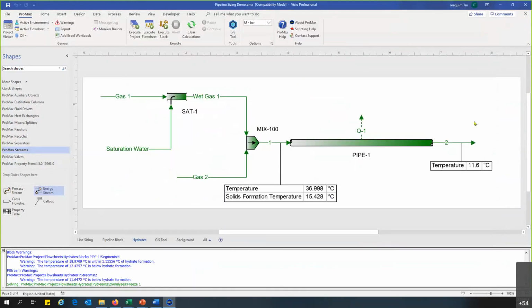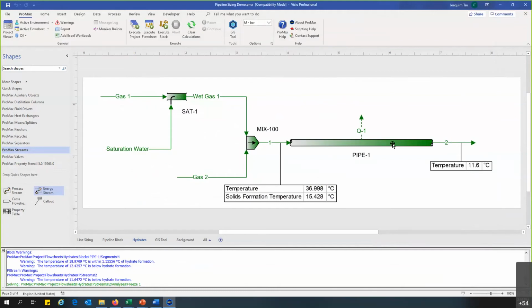So it's quite close, but not enough. So obviously, to account for this, one of the ways you could do is to add in insulation. Obviously, this doesn't work if the pipeline is already existing. But if you were to add insulation, it will prevent this 37 degrees Celsius gas from cooling down so much